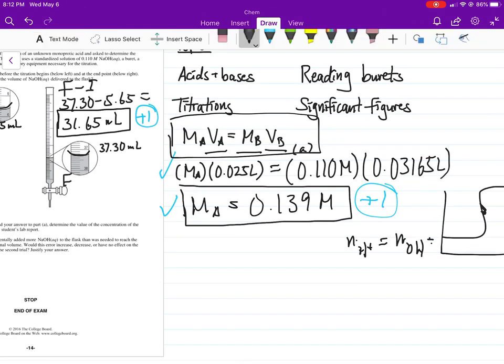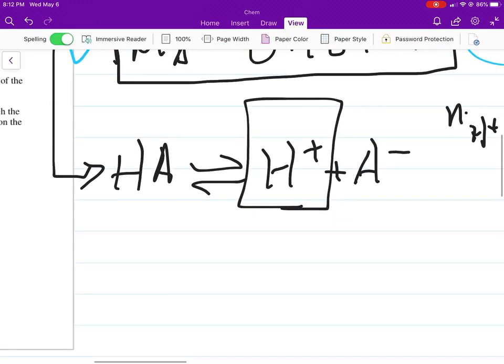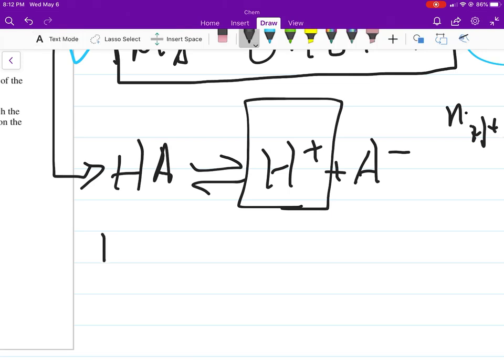So this equation here works because in the problem it's stated that the unknown acid is monoprotic. What monoprotic means is that in solution, this can only yield one equivalent of H plus per liter of solution, let's say. If this is diprotic or triprotic, say if we had an acid like sulfuric acid,